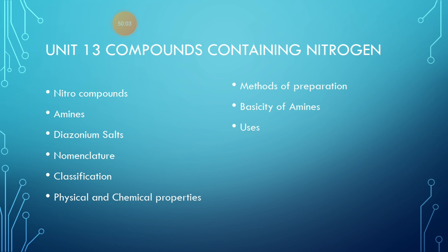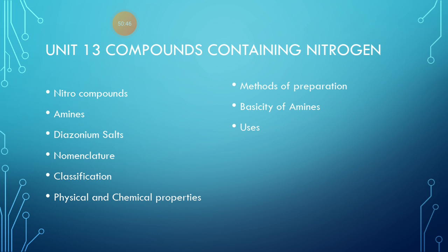And the next topic is compounds containing nitrogen. In this particular chapter we are going to discuss the nitro compounds, the NO2 group containing compounds, then amines, where NH2, NH, or just N which is triply substituted by alkyl groups is called an amine. We are going to learn diazonium salts as well. So for all three categories of compounds, that is nitro compounds, amines and diazonium salts, we are going to discuss